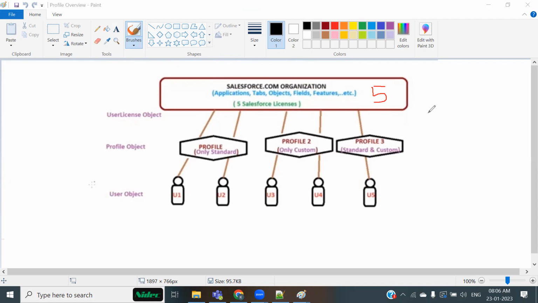I want you to make this assumption for now. And I want every one of you to believe that we have 5 Salesforce licenses with us. And with those 5 licenses, I created 5 users. I mean, all of these users, they are having